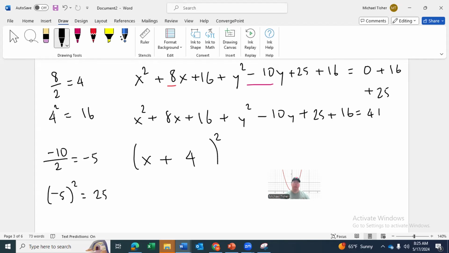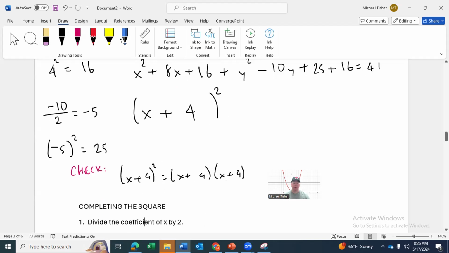Now, to check this, we can go backwards, okay? So let's check this to make sure. We'll do it for this one. I'll rewrite x plus 4 parentheses squared as x plus 4 in parentheses times x plus 4 in parentheses. And if I do the multiplication, let's see. So x times x is x squared